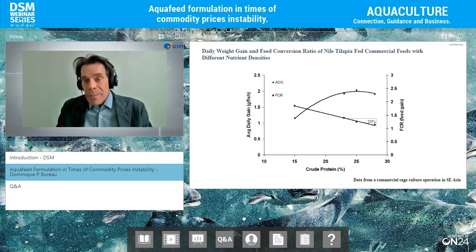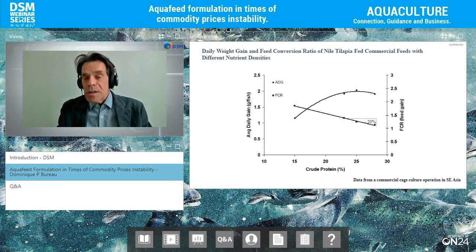Now there was a limit to the degrading of the feed quality. If you fed a very poor quality feed, the fish could not keep up and your FCR would go even further up. But there was a bracket of composition where the animal could still express their potential under the condition that they were in. So these performances were not all that good. These farms were not all that good because the water quality in that lake where they're producing was not very high. So in this specific case, it didn't really matter the type of feed you're using, but there was a difference in FCR.